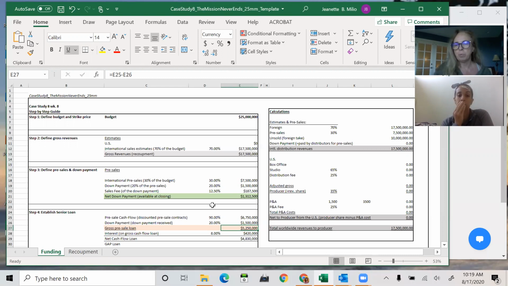The bank doesn't care that you have to pay your sales agent. They just care about, here are the contracts, how much of these contracts has already been paid, because what has been paid, the bank is not going to receive. They will deduct it when they give you a loan. So when they give you a loan of the entire contract value and you received money for that already, they're going to deduct that money. Does that make sense? Yes. Okay. Great. So now we're deducting it as the bank would. So we're taking the money that we received from this loan and we're ending up with a gross pre-sale loan of $5,250,000 because we're just deducting our down payment.